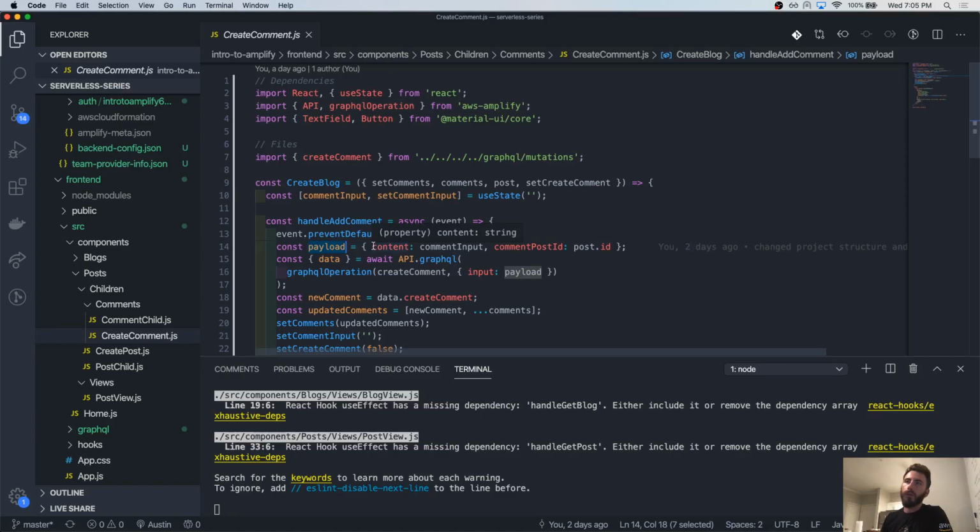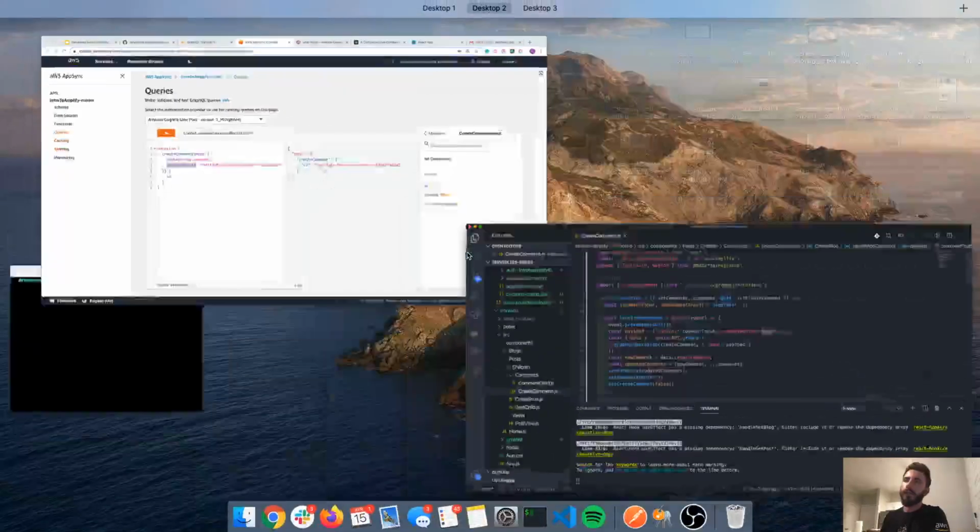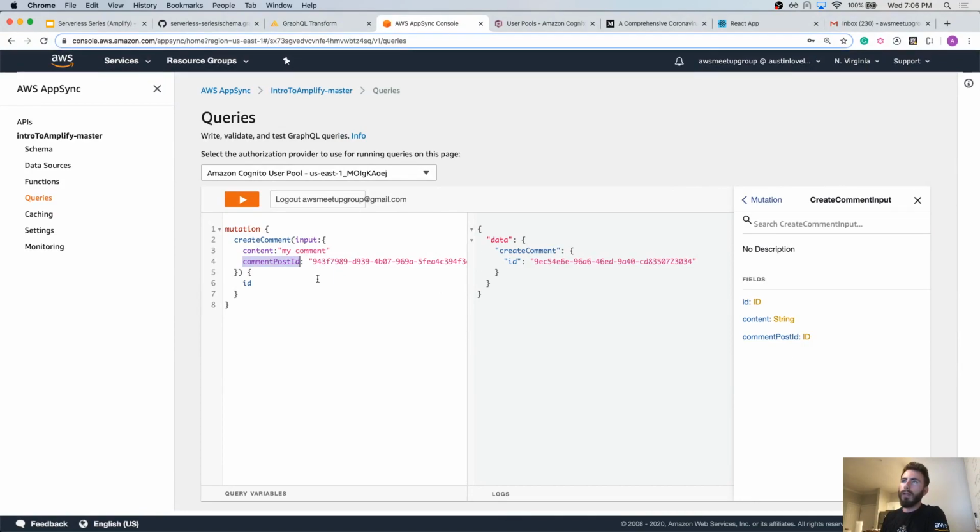But the important parts are we're giving it content just like we did in AppSync, and we're giving it a comment post ID. And this relates to whatever post, and with React, I'm able to pass that data down to this component, and whenever I run my query or my mutation and I create this comment, it's going to do what we just did here and create that comment. And then you could see whenever you queried it,